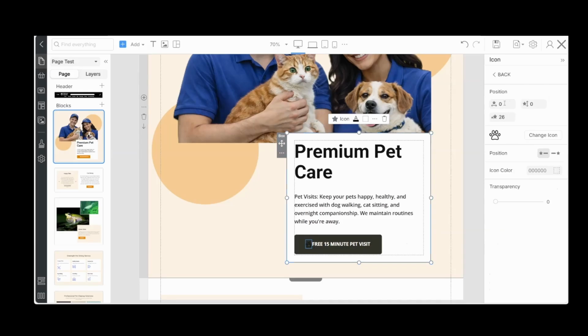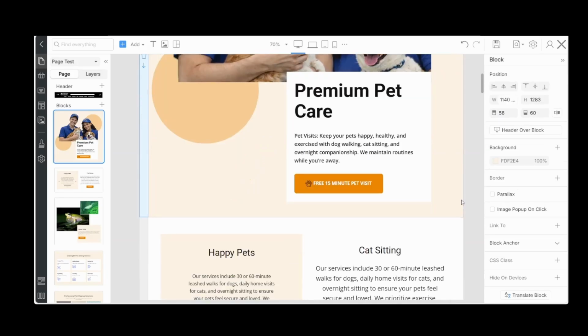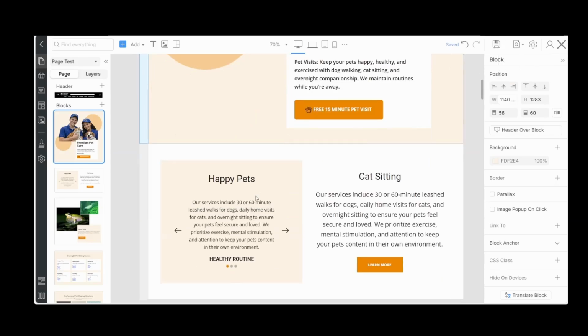Let's give it a 5. That looks nice. We can use that. Let's save. And let's continue on.